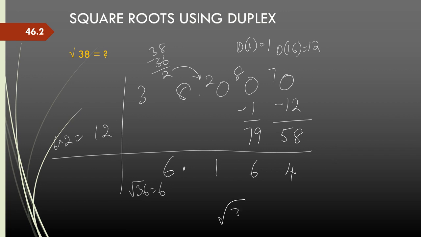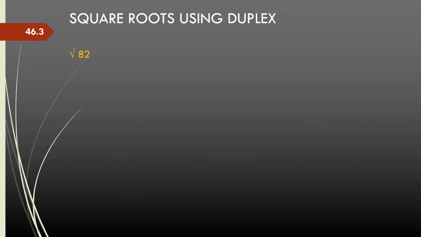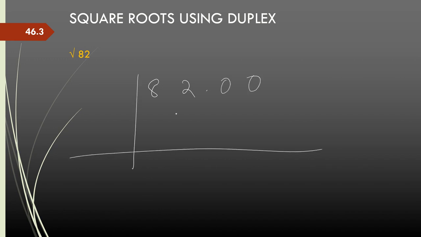So, square root of 38 is 6.164. With some practice, it becomes very easy to calculate square roots of any given number. So, let us say I want square root of 82. Similar process, we start with 82. Let us assume there are zeros. Now, the perfect square less than 82 is 81 and the square root of that is 9. So, 82 minus 81 is 1. So, 1 goes to the next stage as carry forward, and then we write 9 2s are 18.